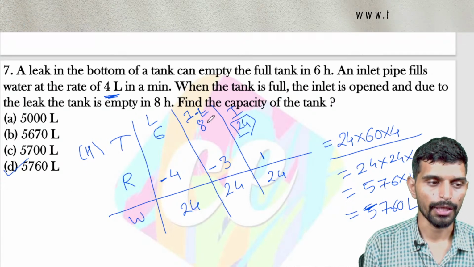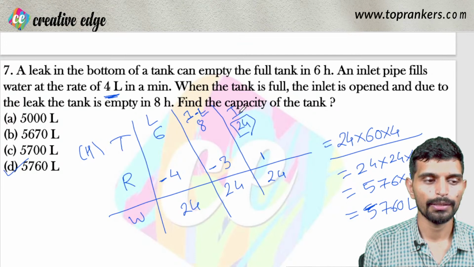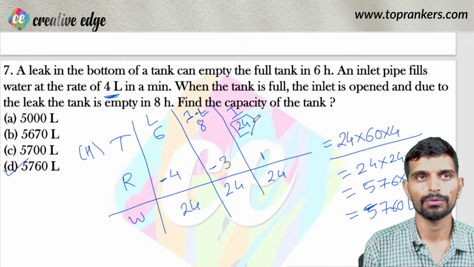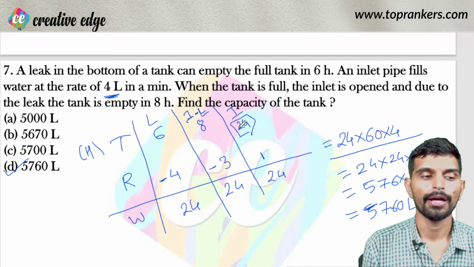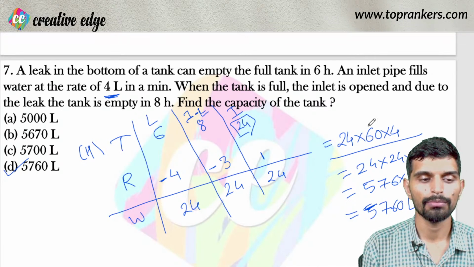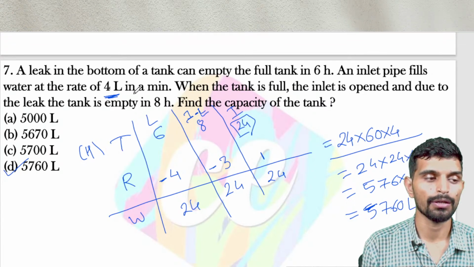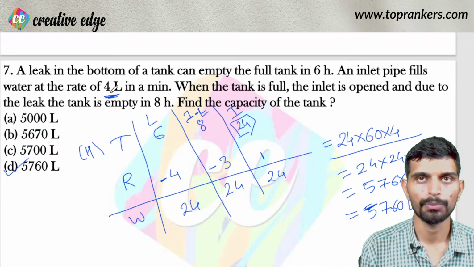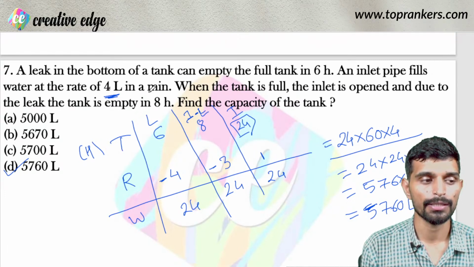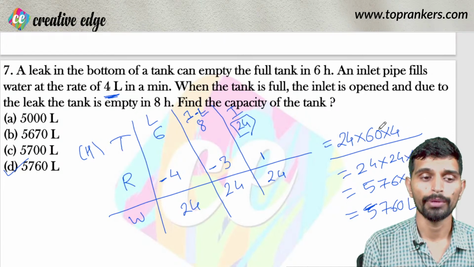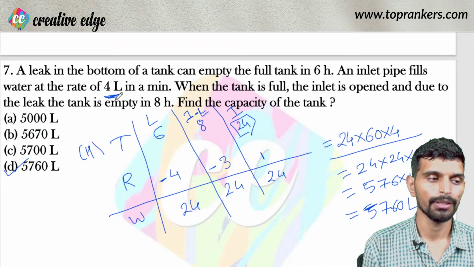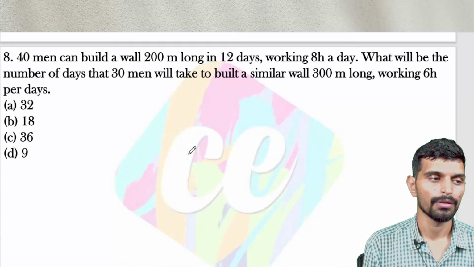Here the trick is you need to determine the rate of inlet, that is, the time in which the inlet can fill the entire tank, and multiply that time by 60, because the rate at which the inlet pipe is filling the tank is in minutes. So to multiply that we have to convert our time into minutes and then multiply by the rate. Next one,